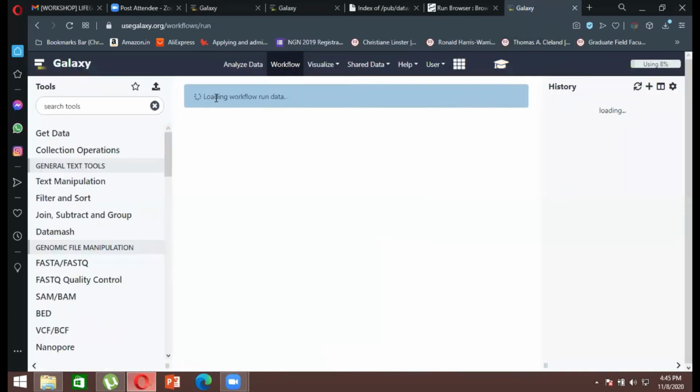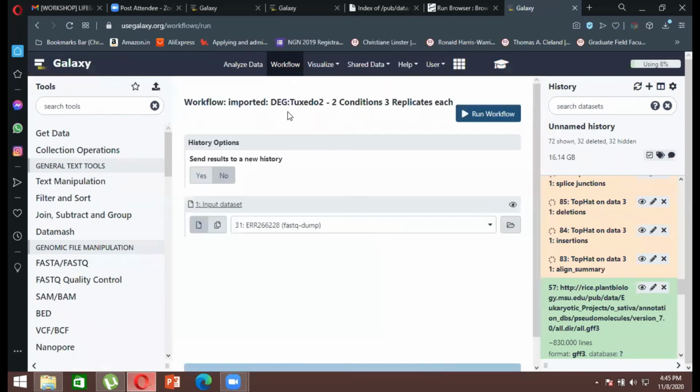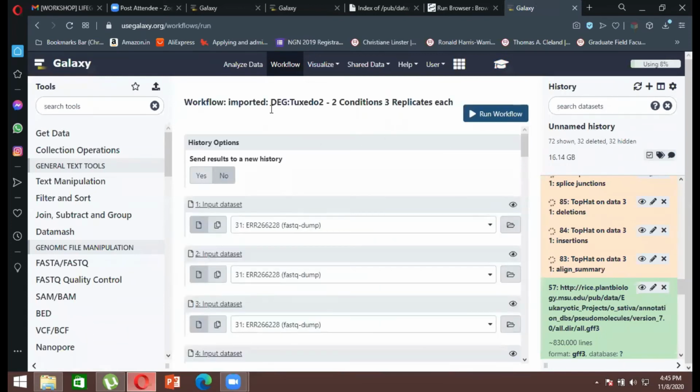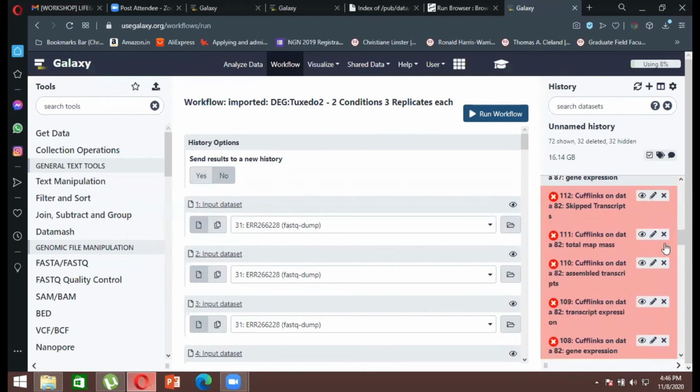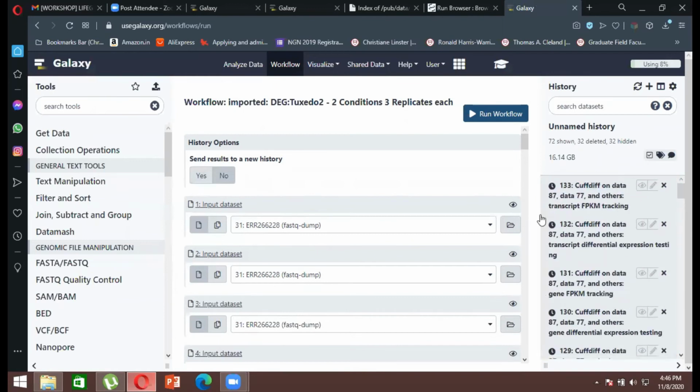Just a second. Okay, so I already have a workflow going on. Now it says loading workflow run data. So it is now loading, right? It says this workflow data has now been loaded over here, right? Then it asks you to save. So obviously you are going to save it because you are dealing with a very huge amount of data and you don't want that data set to just go to waste, right? So it's always advised to save it.